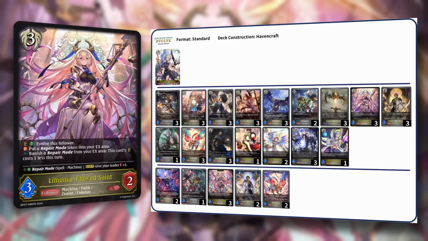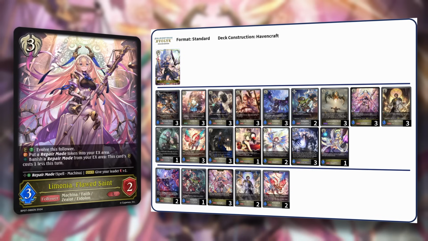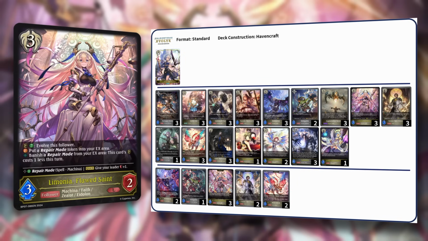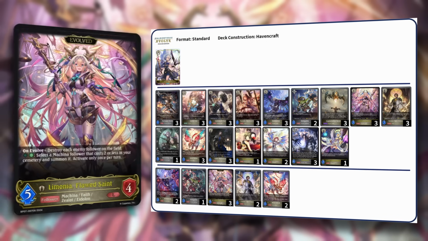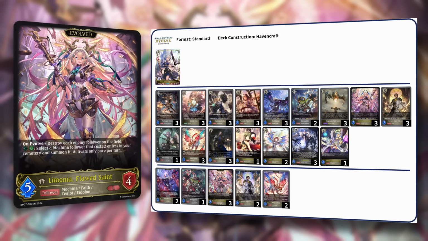Lemonia Flawed Saint is a 3-cost 3/2 that puts a repair mode into your EX when you play her, and she banishes a repair mode from your EX area, not once per turn, to reduce her evolve cost by 1. Her original evolve cost is 7, so if you banish 5 repair modes, it becomes 2, and when you do evolve her, she destroys each enemy follower on the field. So she's a 5/4 Themis Decree that only destroys your opponent's side of the board,